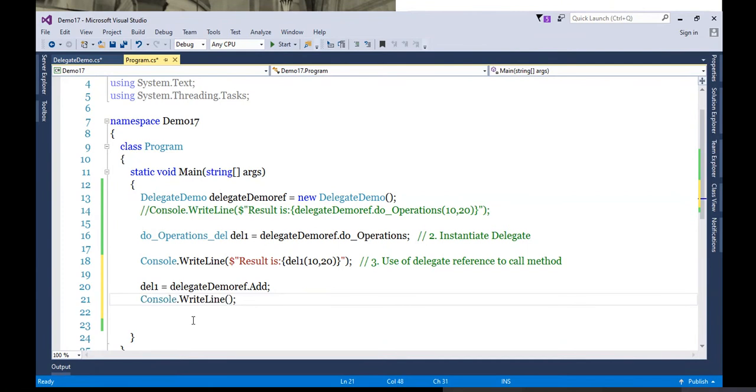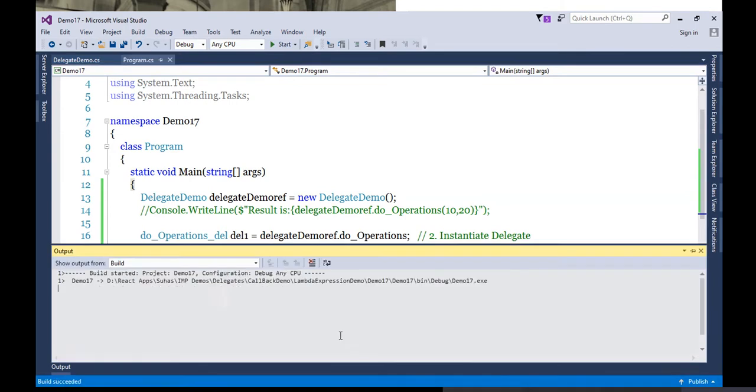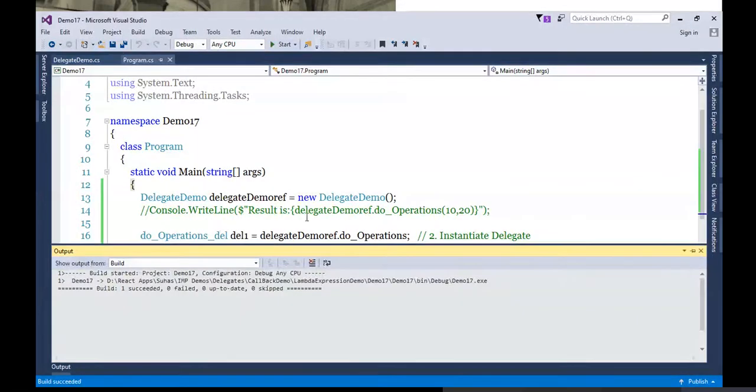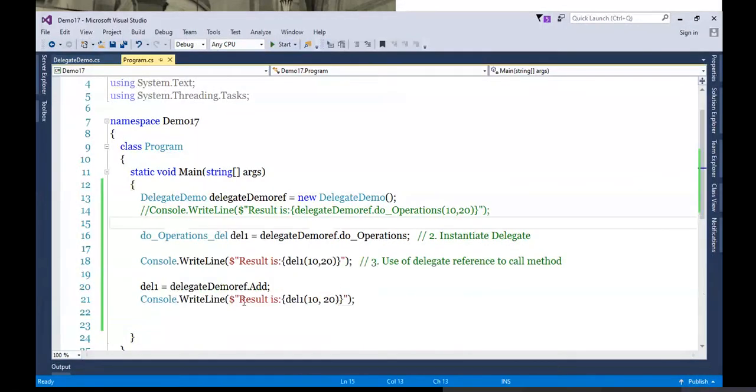Right? So now, if I print the result, definitely I will get the addition result, which you can watch out. See, if I run this, 30. So I passed 10 and 20. 10 plus 20 is 30. It is calling add.